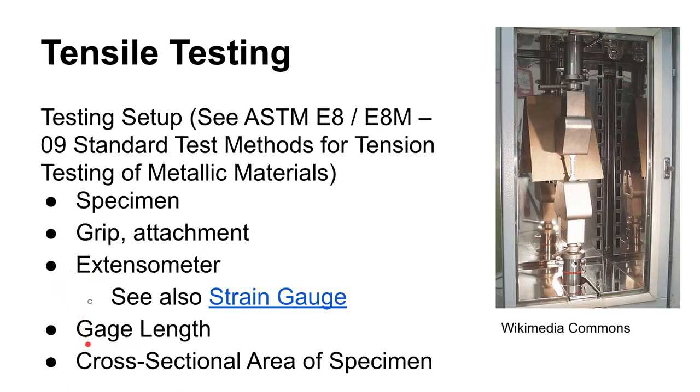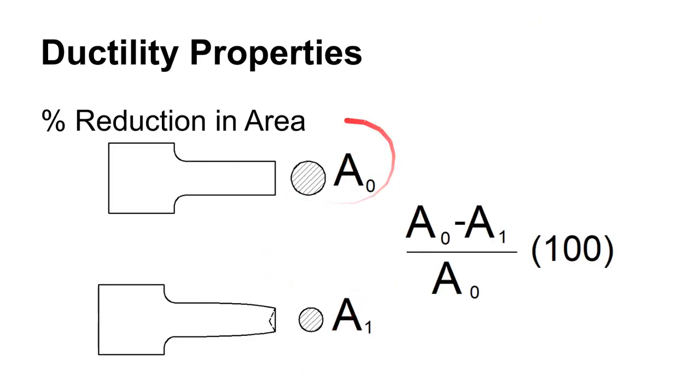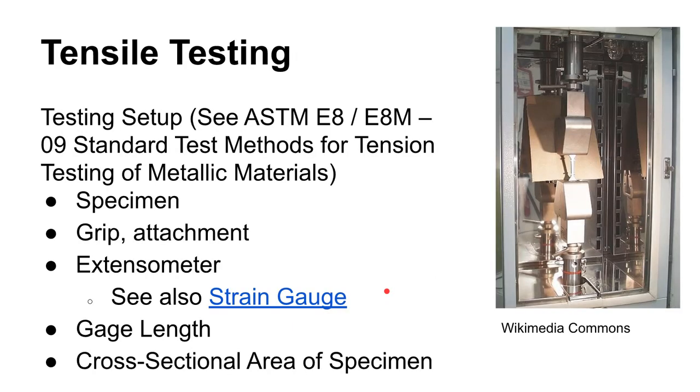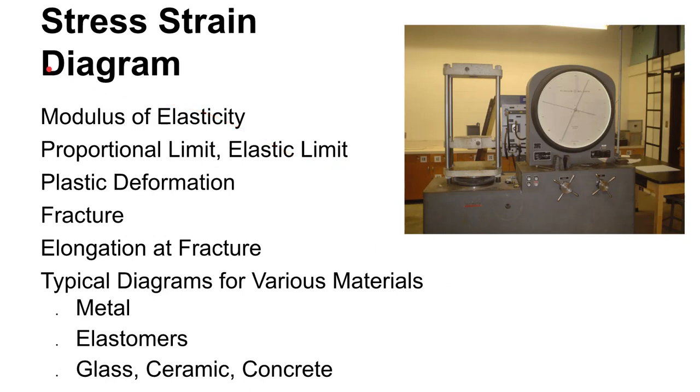We talked about what the gauge length is and the cross-sectional area of the specimen. And we also said in the last lecture that we're talking about engineering stress and engineering strain. So we are not remeasuring that cross-sectional area. The only time we would remeasure that cross-sectional area would be if we're trying to determine the reduction in area. We wave our hand at any reduction in area as we do the tensile test, so we're dealing with engineering stress and not true stress. All right, I think we've beaten that to death.